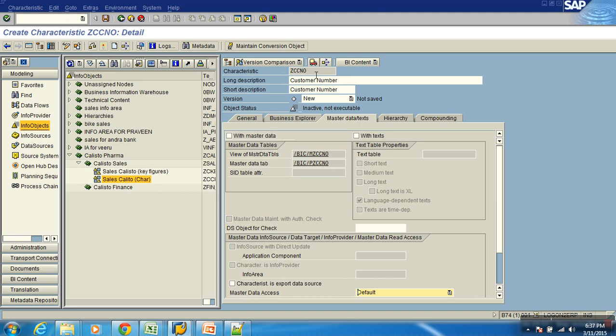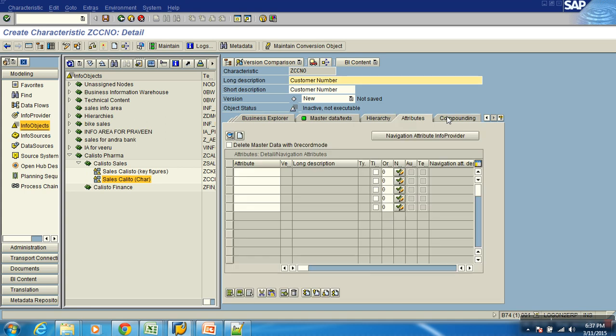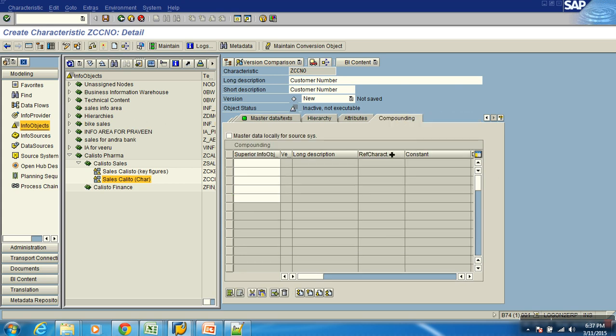Now look at this. If I say I want to maintain it, observe these tabs here. When I say I want to maintain an attribute table for customer number, it does bring in another tab. What is the tab here? Attributes. It asks me what attributes I want. You said you wanted an attribute table for customer. What are the info objects which should act as attributes? That's where you specify in this attributes tab.